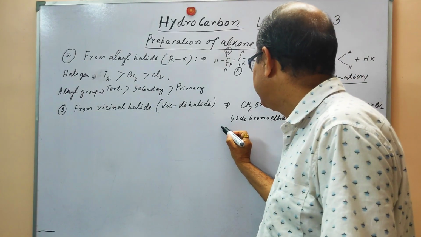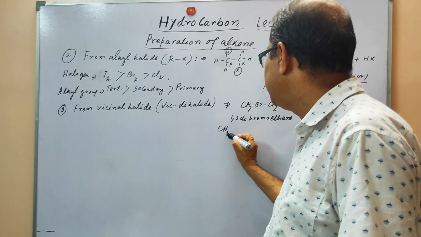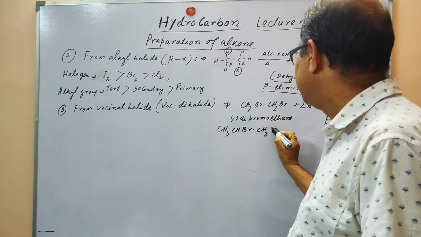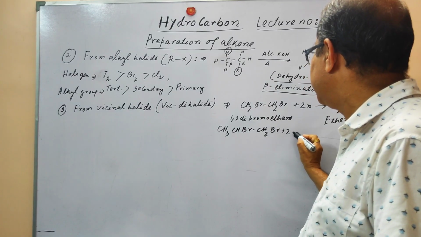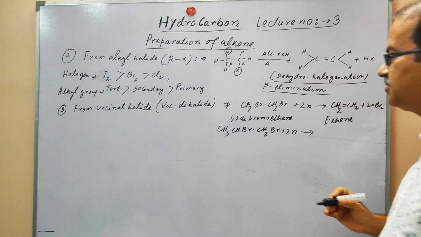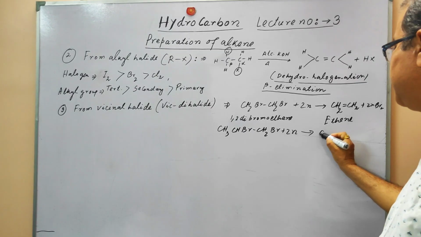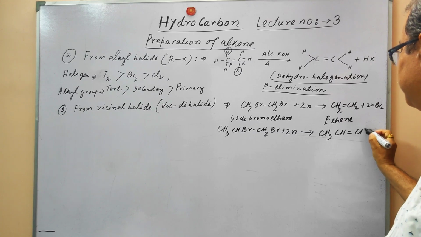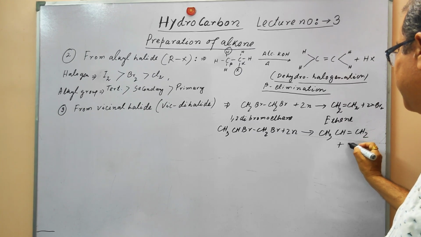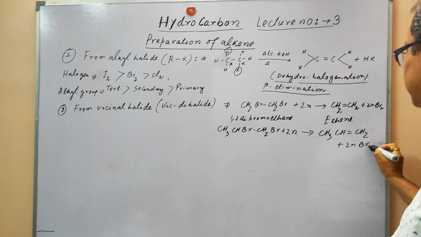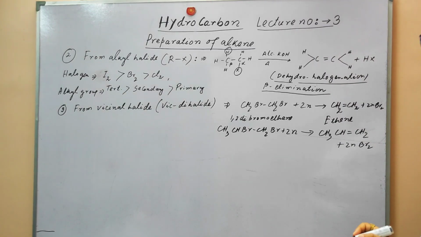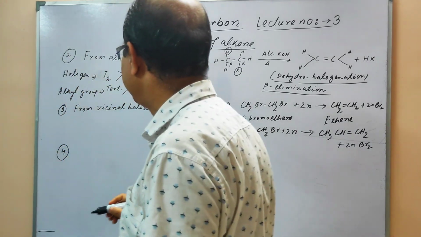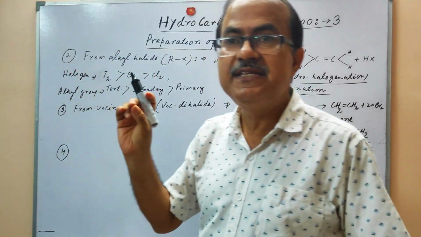Here is also one reaction that you can see: CH3CHBrCH2Br, and with the reaction with zinc, what product is going to be produced? That you can see, that will be propene and ZnBr2. Okay. Now the last reaction, the fourth reaction, that is again a very important reaction, that is the acidic